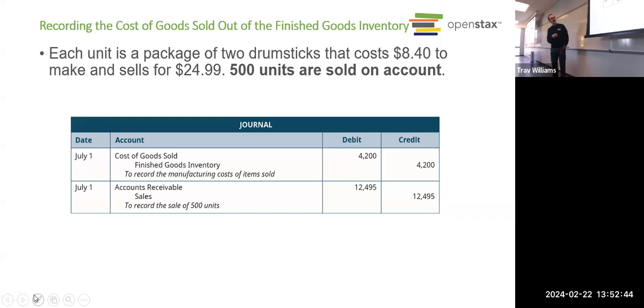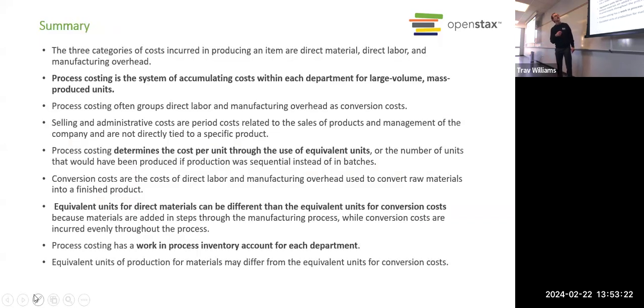And the cost of goods sold, as I mentioned before, is now an expense. Under the expense recognition principle, we now have revenue that we can match with that expense. So that inventory is no longer an asset, right? We took it out of finished goods inventory. That's $4,200 that our assets are going down and $4,200 that our expenses are going up, which, as you might recall, reduces our equity. But because of the matching principle, that's the way we have to do things.